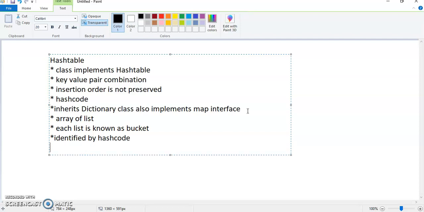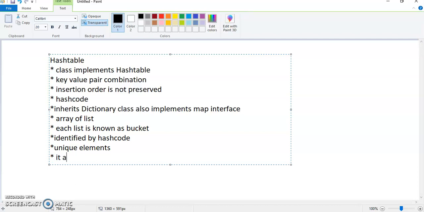This Hashtable doesn't contain duplicate values or objects. That means every element is unique. It doesn't contain any duplicate objects. Similarly, it also does not contain null values.